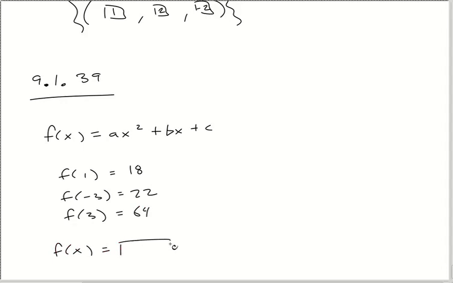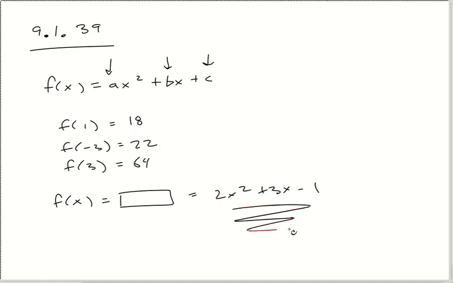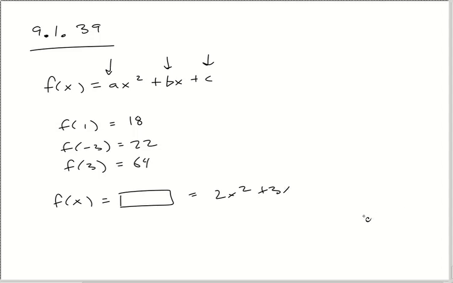It's difficult just to understand what they're wanting. We have this very generic function. They give us these 3 points and say, go and find out the specific values of A, B, and C. So, for example, maybe it's 2x squared plus 3x minus 1, something like that. This is what we're going to answer. This is what's going to go in the box. That's not the answer, by the way. I'm just getting to the point that we're typing a whole function in as the answer, given that we have